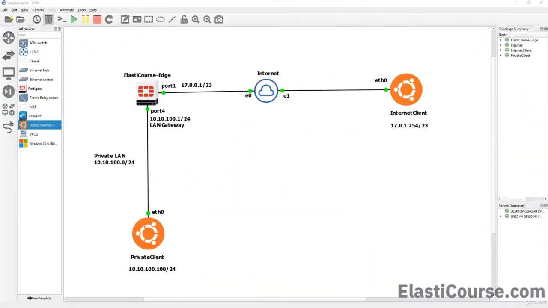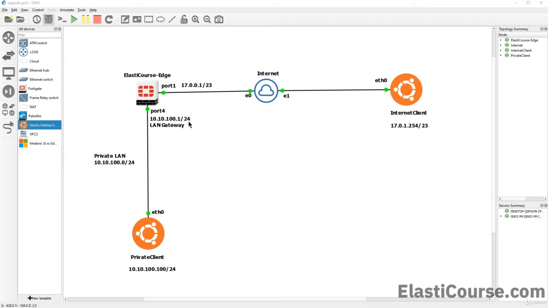I want to use my GNS3 lab here to emulate a Fortigate connected to the internet and deploy it on the edge. As we see in here, our Fortigate has two interfaces. First, our port 1, which is connected to the internet, emulated inside GNS3 with this internet cloud. And we have another interface that is connected to our LAN network or our private network. In this case, the firewall is the gateway with the IP address 10.10.100.1 and it's a /24, so it has